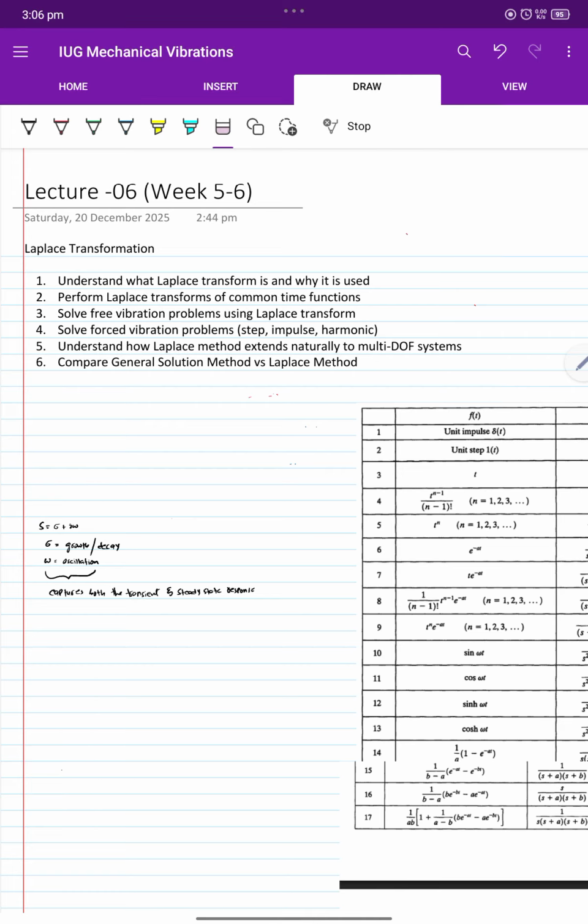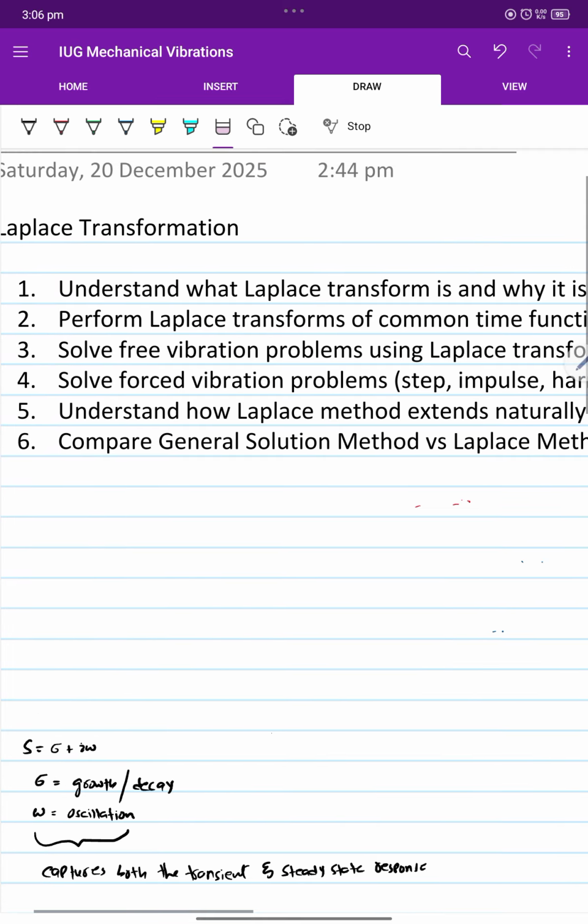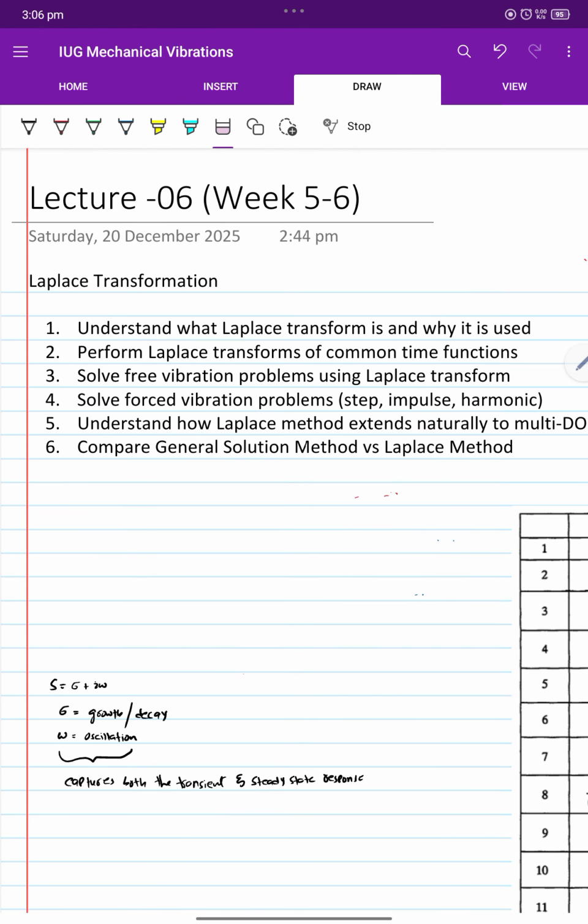Laplace transformation, which is quite compact compared to the previous method, and it is used for a different purpose, not exactly the same purpose as the general solution method, but we can use the Laplace transformation for that purpose, for which we use a general solution as well. So today we will look into the mathematical and physical side of the Laplace transformation and cover some questions. In this lecture we are going to focus on understanding what the Laplace transform is and why it is used. So we'll try to understand the physical intuitive meaning, what's happening behind those equations,